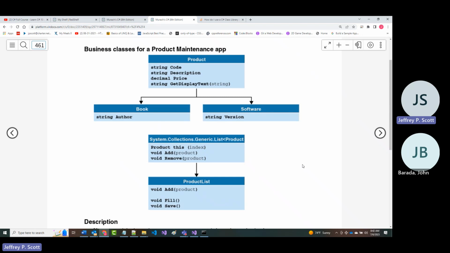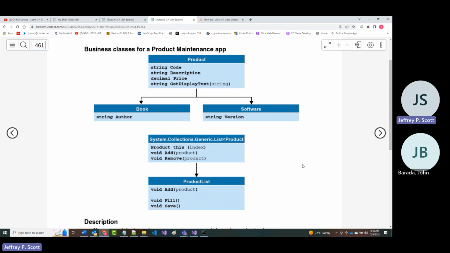So each product you create should have its own distinct code, possibly its own distinct description, and possibly its own distinct price. In addition, each product can work with this get display text where a string is passed in.